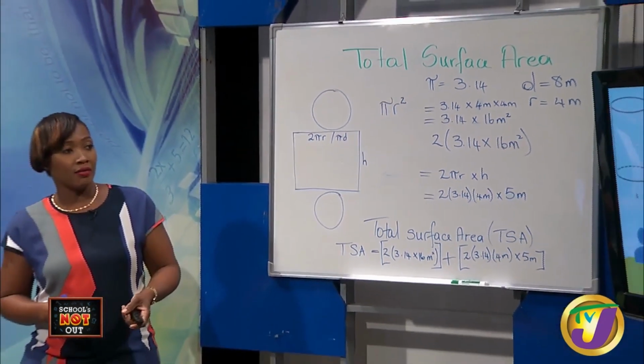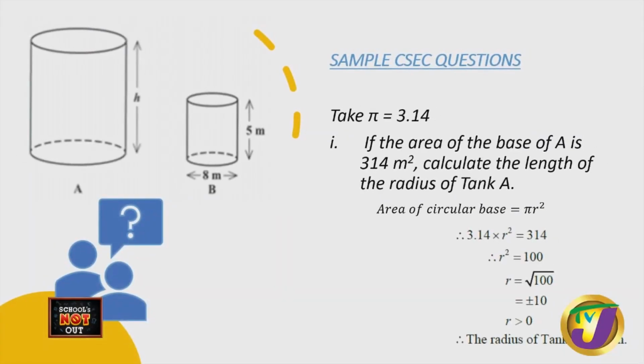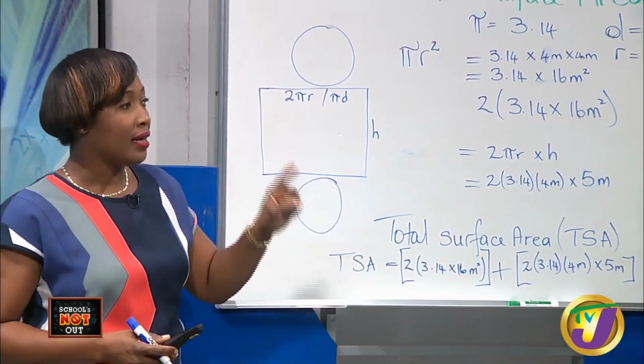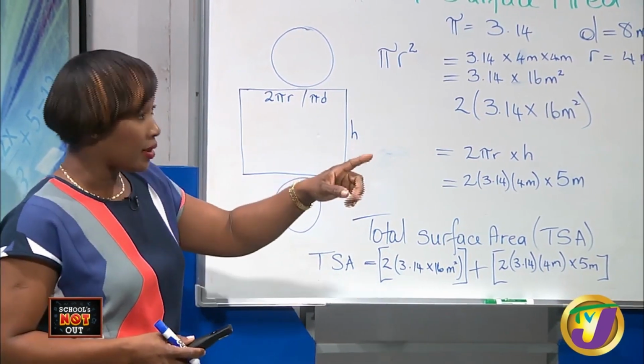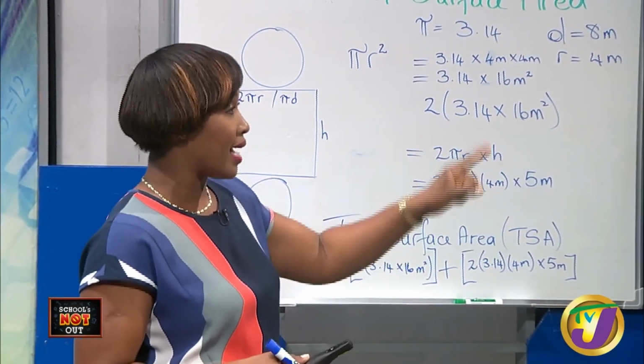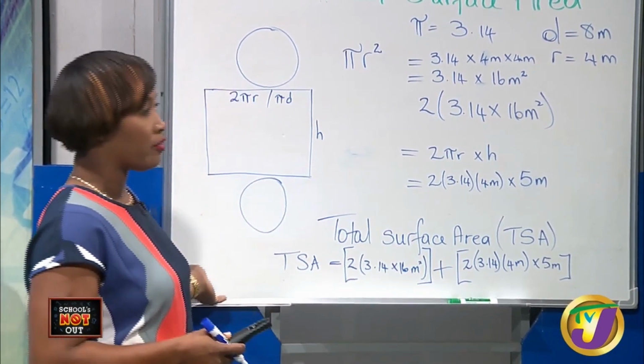Now let's look if you're given something else. So if you're given the area of A to be 314 meters squared, calculate the length of the radius of tank A. So we just worked out the total surface area of tank B because we're given the diameter and the height. So we're given all the measurements for that cylinder, and we could work out its total surface area. Now what if you're not given the measurements, as you can see in diagram A,